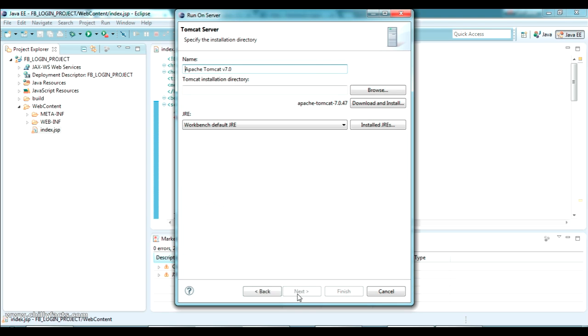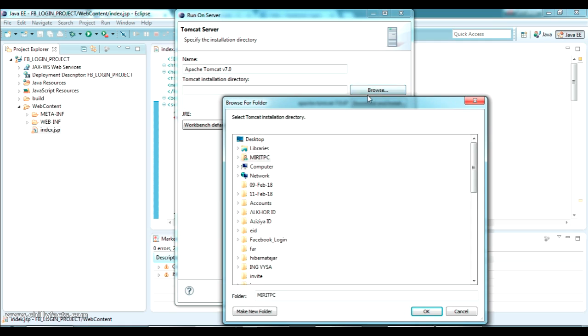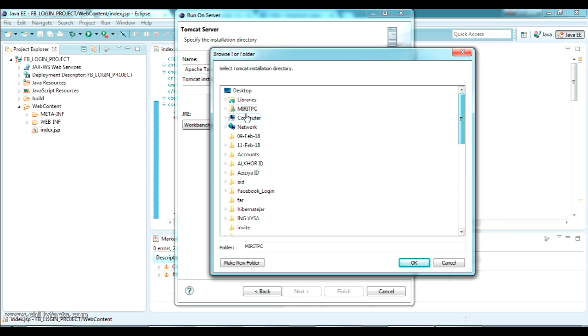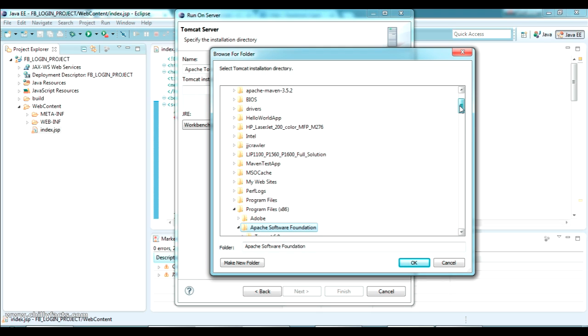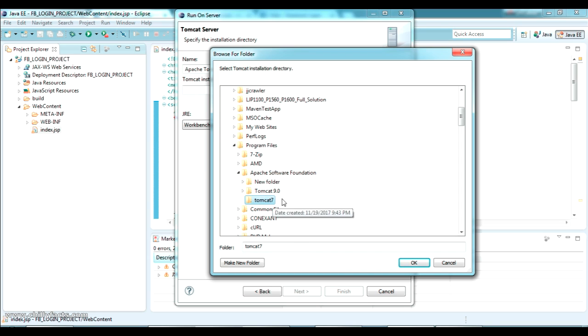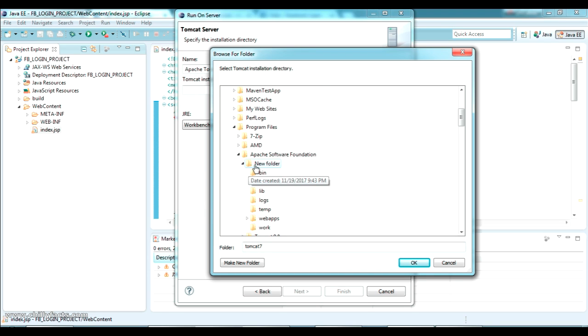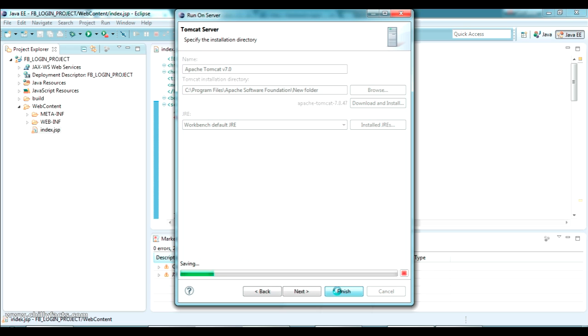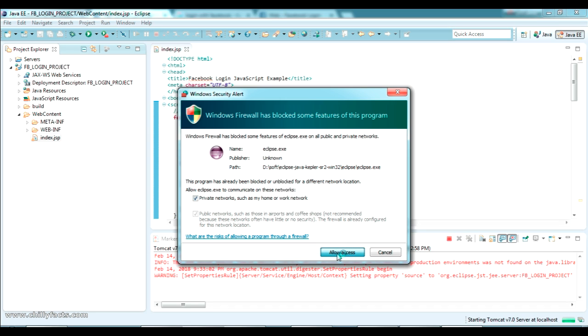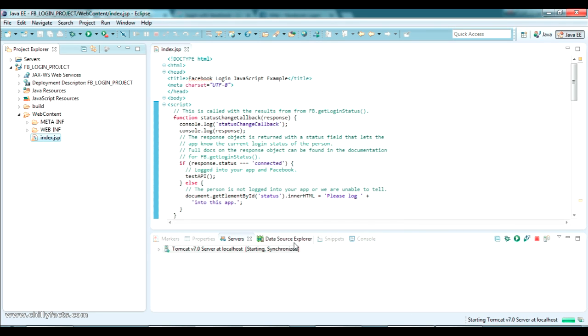Just select 7 and press next and press browse, and then navigate to the location where you have installed your Tomcat server. It's in my C drive, Program Files x86, I think. Apache Tomcat 9 and 6 are only there. So if I go here, yeah, Tomcat 7 is here, I think. Let's try opening this one. Yeah, it's okay, Tomcat 7 is there. Now if I click finish, it will start running your Tomcat server. So just allow access for everything